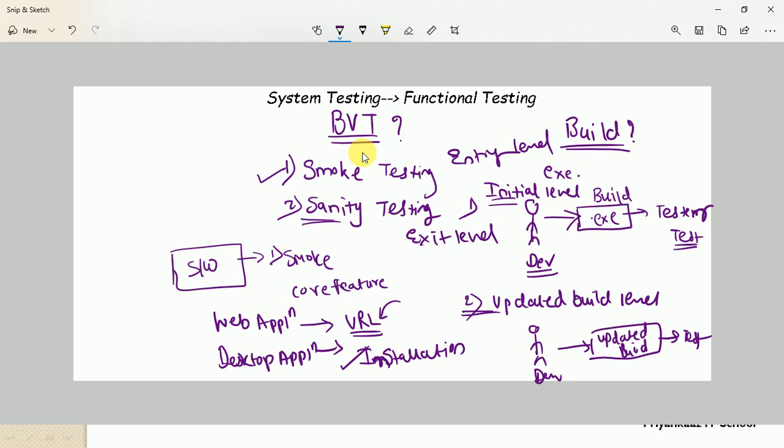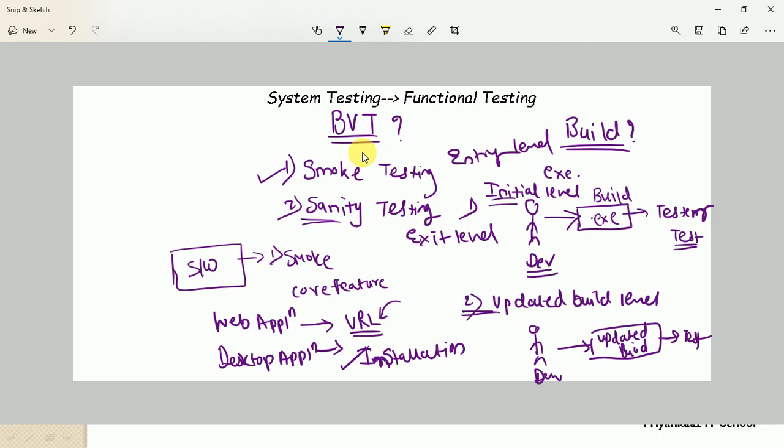Okay, so again guys, in terms of an example, whenever an application is updated with a new feature, or after a bug fix, sanity testing is conducted for that application, right? Here the tester can test that particular feature in depth. Whatever the changed feature is, only that much of the feature we can test in depth. So in smoke testing, we test basic or functional behavior, and sanity testing is nothing but testing the application in depth.